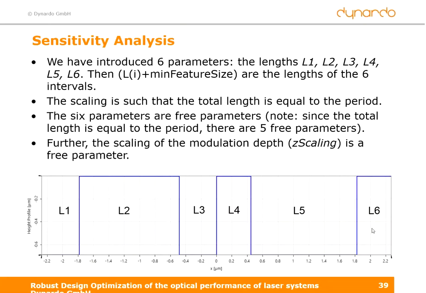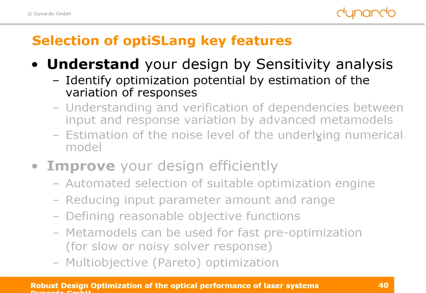So we have 5 parameters, since the total length is equal to the period. These 5 length parameters we use, and also the scaling of the modulation length, which we call set scaling. So we have 5 plus 1 input parameters, and based on that, we now do the